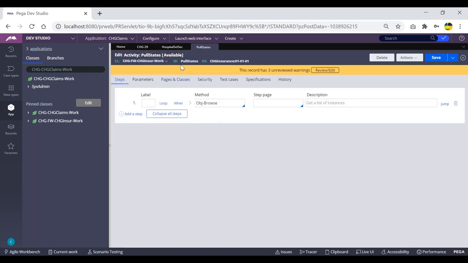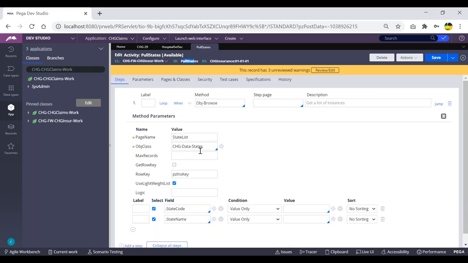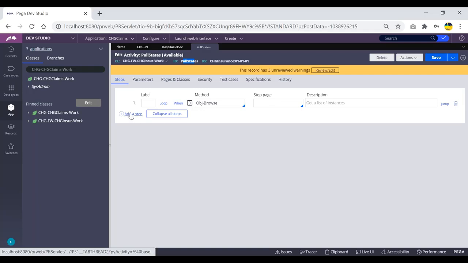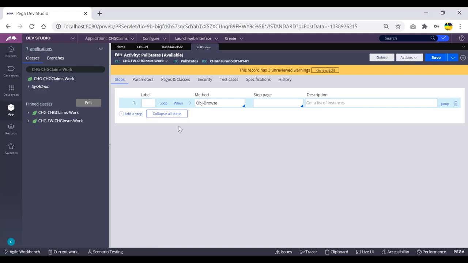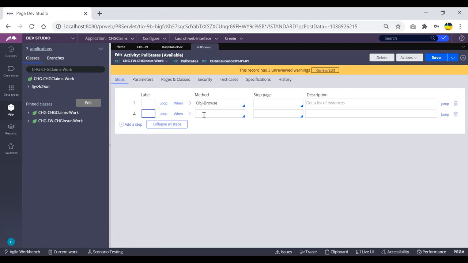This is the activity we are using for pulling the states, and here we are using a particular class name and the corresponding fields. Now let me create one more step. Instead of creating one new activity, we can do that also. If you want to create one new activity and use OBJ browse for the hospital list, we can do that. But let me use the existing activity. I'm trying to use OBJ browse